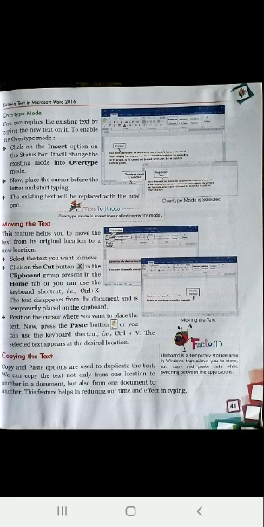Now next one is copying the text. Copying the text is also similar. For example, this line is similar in all the topics. So I will select this whole line, then copy, and then bring the cursor where you want to place this line. Click on the paste button and your full line will be there.